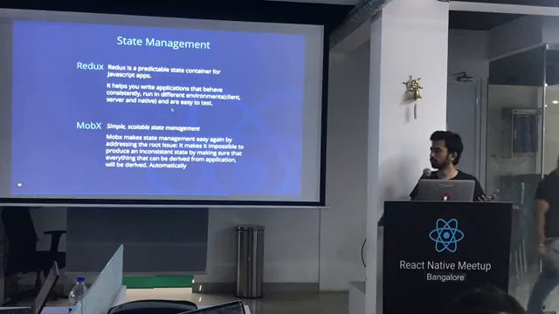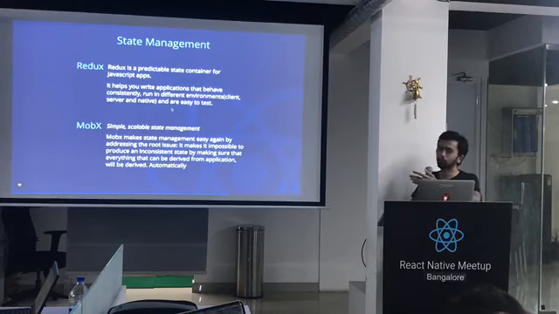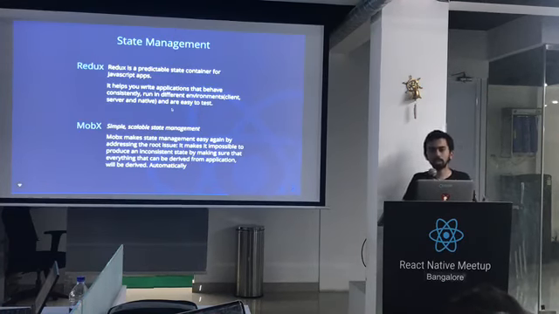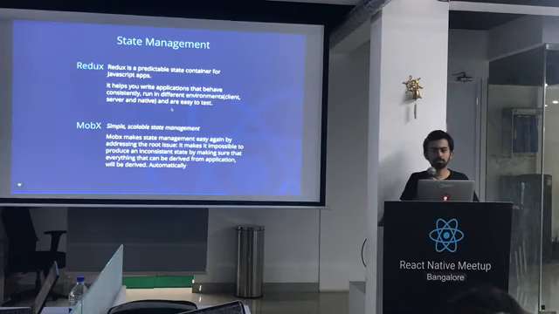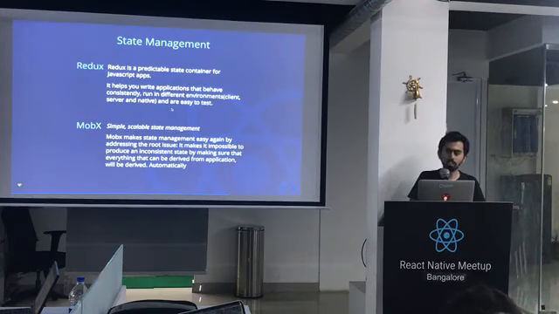These are two of the popular state management libraries that we use, Redux and MobX. But do we actually need these libraries? The Star Wars app we built didn't have any state management. So it's not needed. You can have local states in your components and store data there.